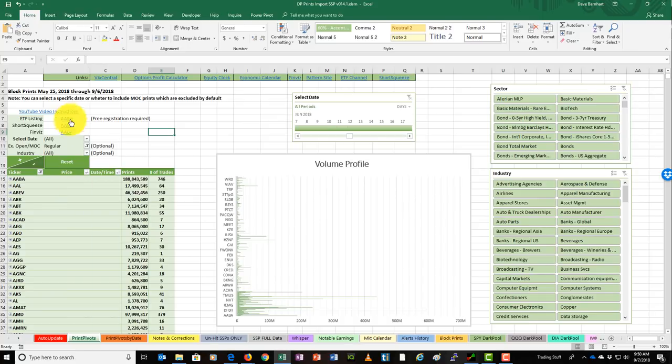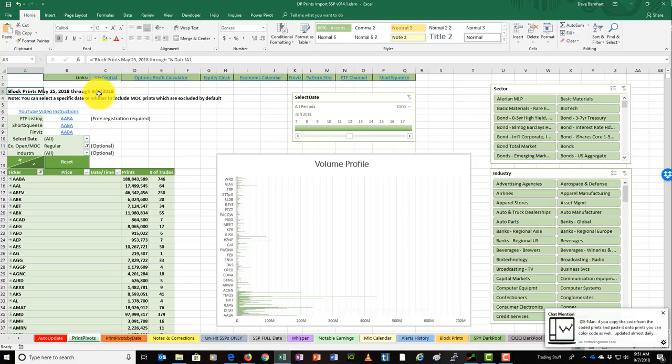a quick overview. Up here we have links to common things that are used in the room, like VIX Central, Options Office, Profit Calculator, Equity Clock, Economic Calendar, these sorts of things. It also tells you the date, like if you imported the latest secret signal print, then it would tell you here block prints from May to September 6th. Now, how this really is used is,